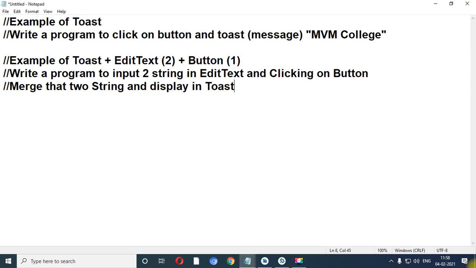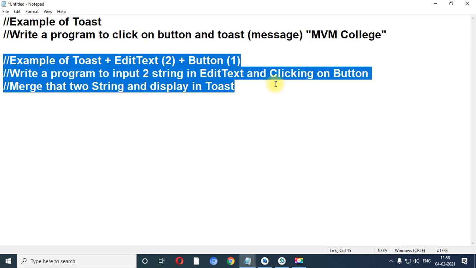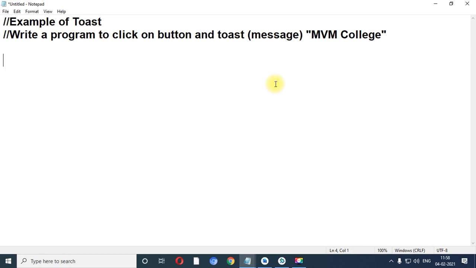So let us start with the first concept, that is the example of Toast class. Write a program to click on a button and toast a message MVM College. I am going to remove this particular definition because I want to make a program roughly over here. First of all, in the designing window, what is our requirement? We need to put one button widget on the screen.